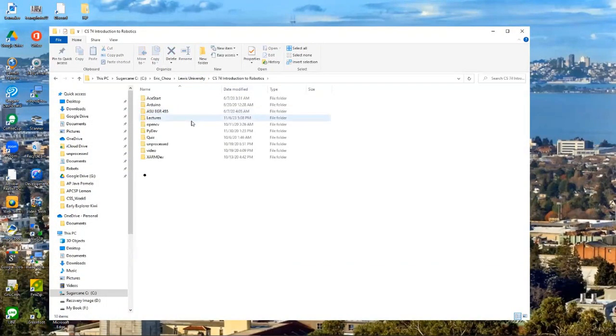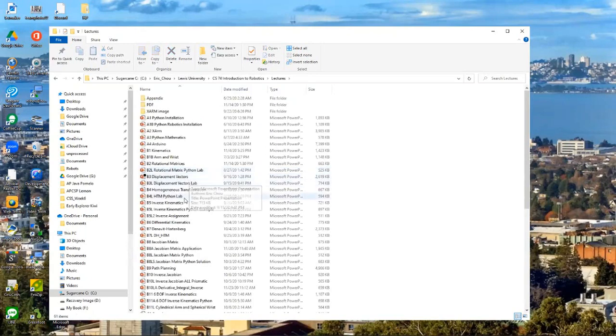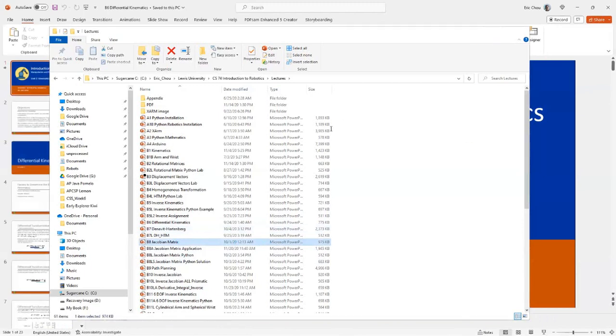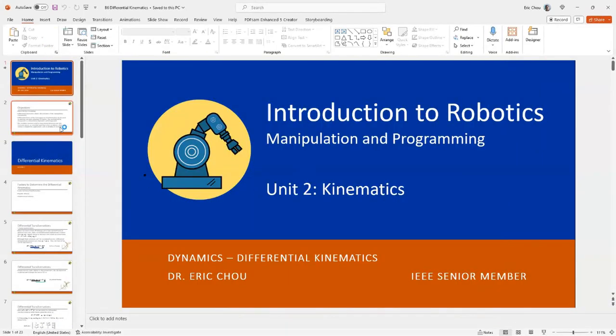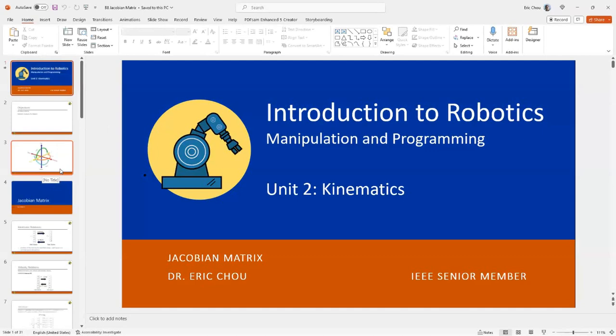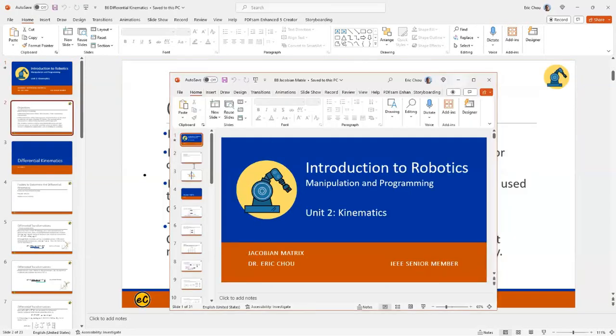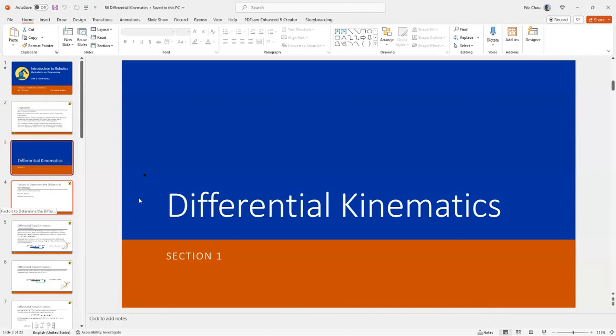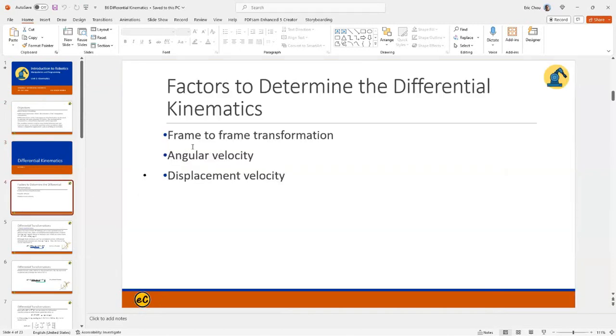This one is for the differential kinematics and Jacobian matrix. We'll bring up these two things. So differential kinematics. This is Jacobian. Let me close this one for later. Basically, differential kinematics is actually